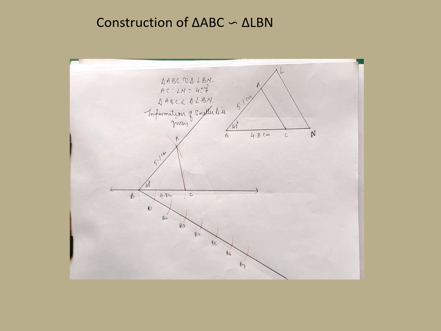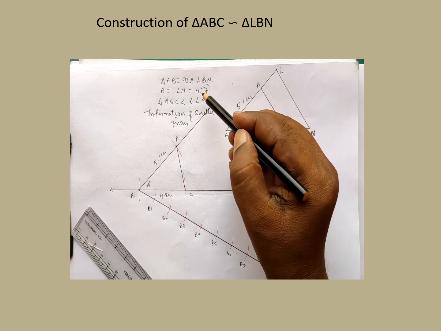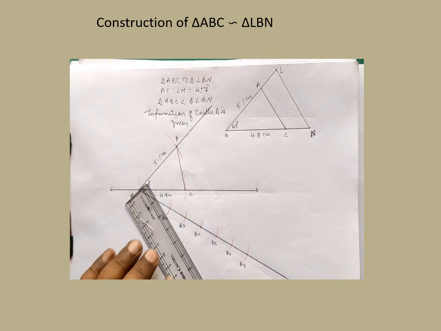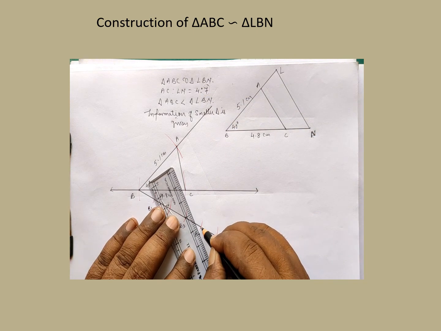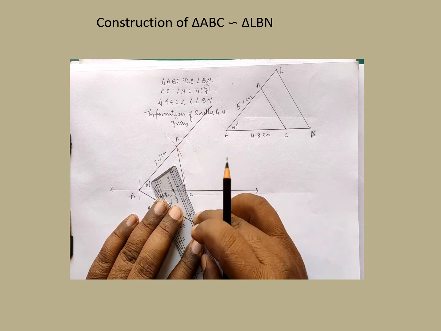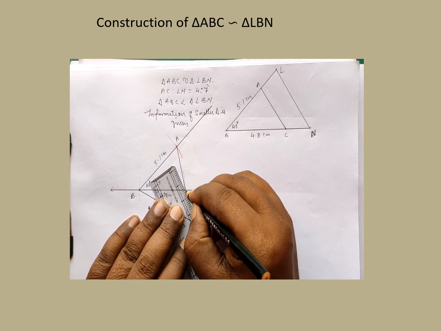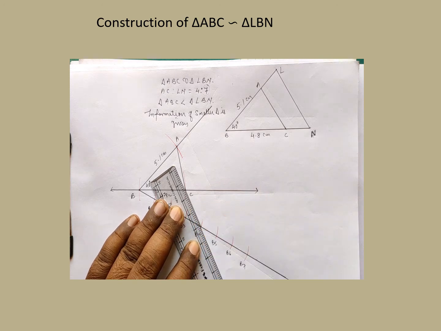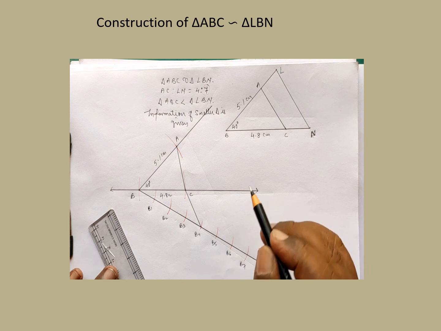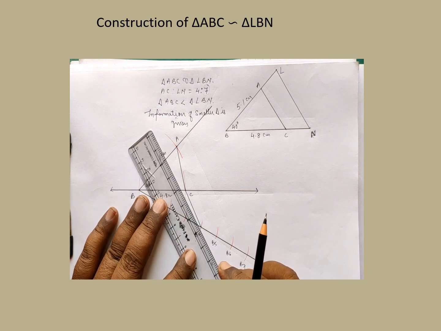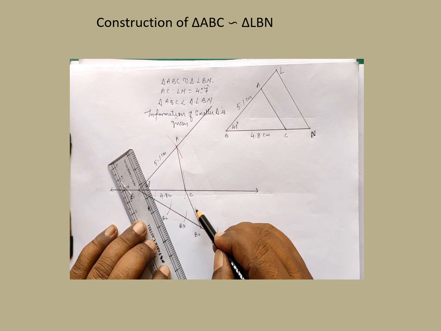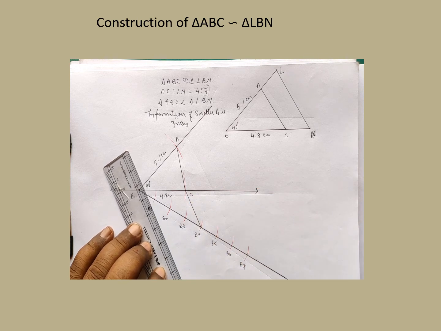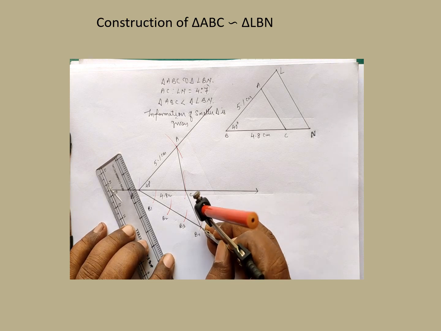Now we will see our rough diagram. See, the fourth point, that is B4, is joined with C. So I will join that first. B4 is here with C, because point C is known to us. Got it? Now it is just opposite. We have to draw a line which is parallel to B4C and passes through B7. Same angle congruent to angle.